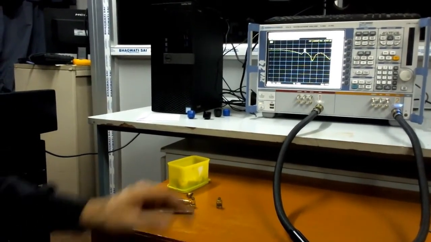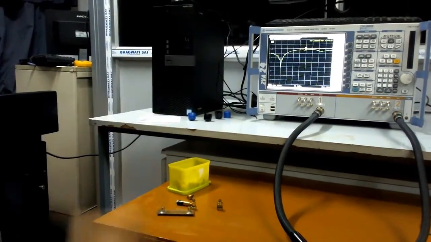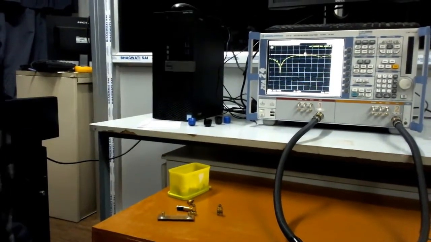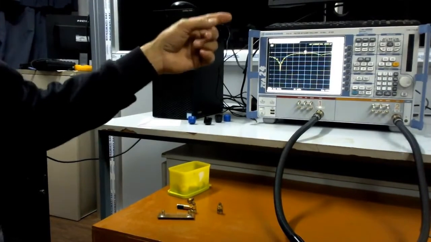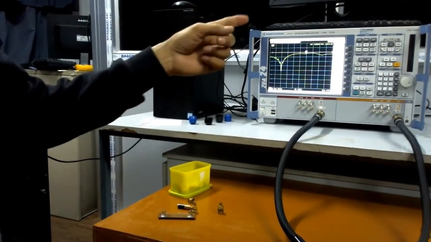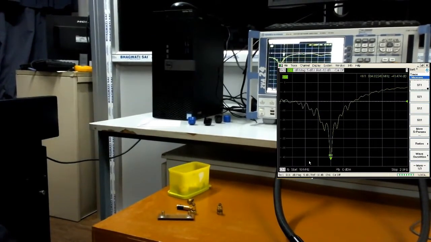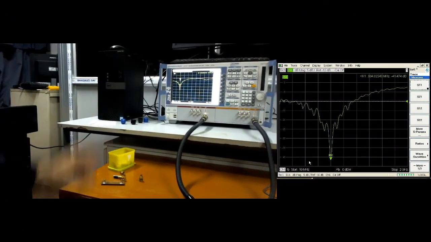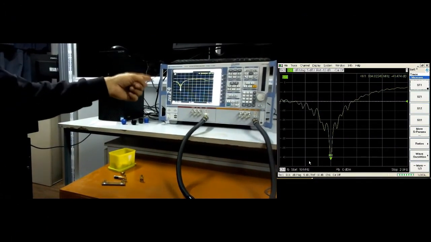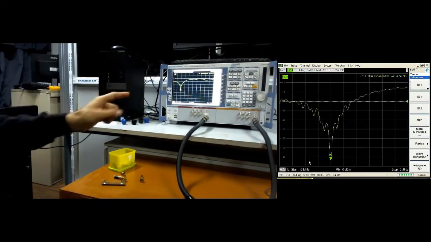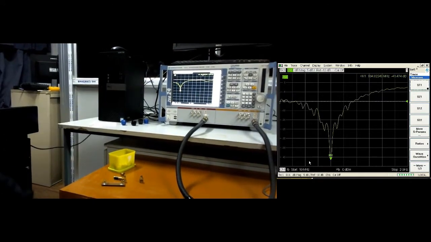So now, getting closer to our screen, from the S11 parameter it has come into evidence that the point where reflection is minimum is around 808 megahertz.